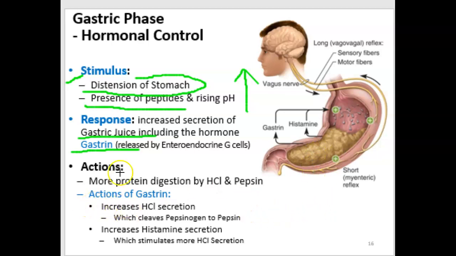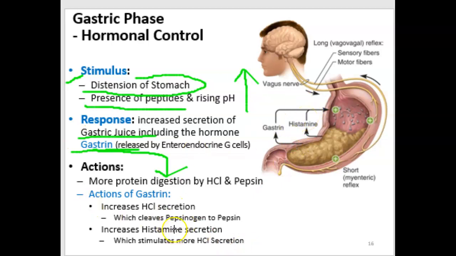So the whole purpose in hormonal control is that gastrin, the hormone, is going to enhance protein digestion. And the way that it does so is that gastrin is going to be produced by the enteroendocrine cells, enter the blood, and then